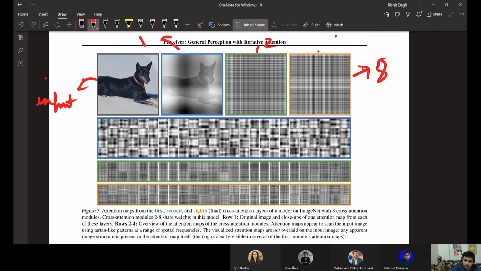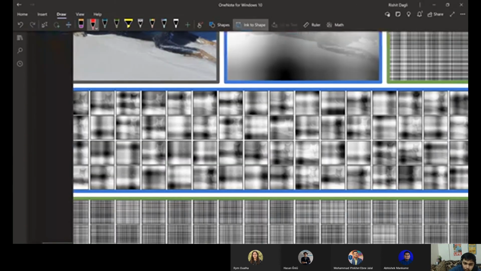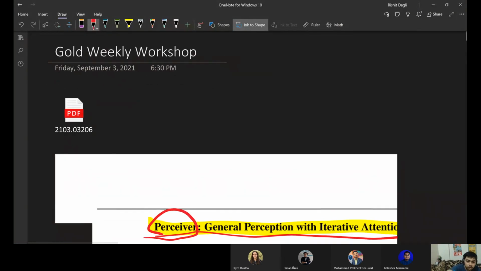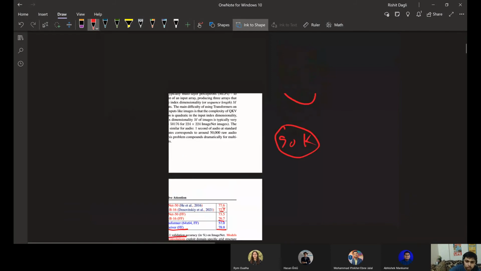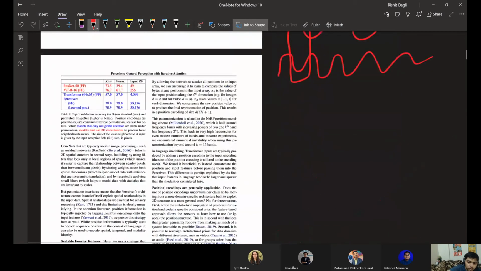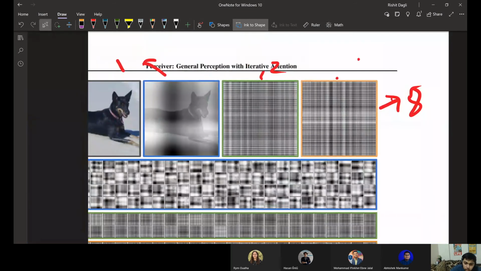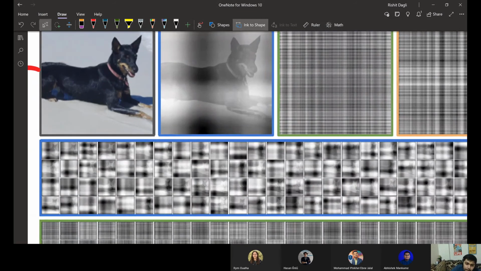So let's just see layer 1. Layers 2 and 8 get too jaggy for us to see. But if I just zoom in on layer 1, you can see this is layer 1 and the attention maps generated for it. What just happened? Oh man, I think it did something. I'll not zoom in too much. So if you can see a little bit, it starts to understand that this is the image of